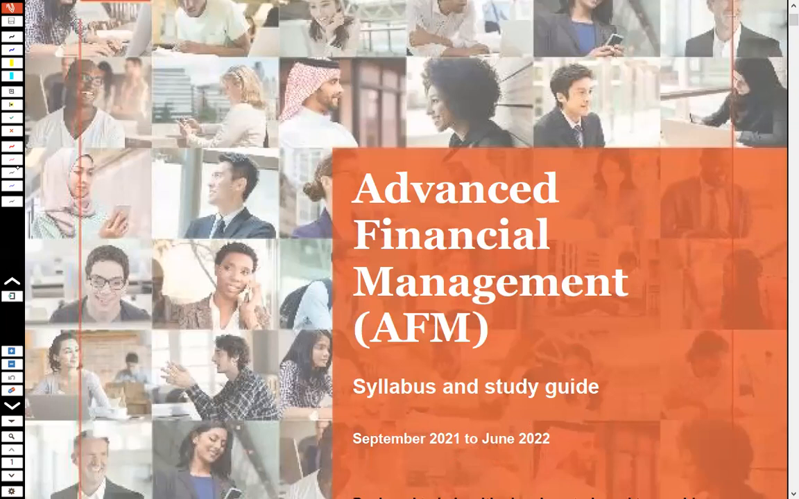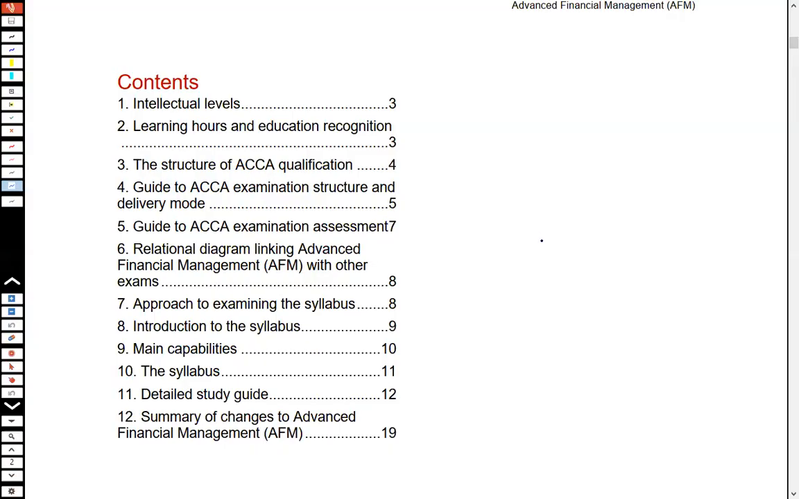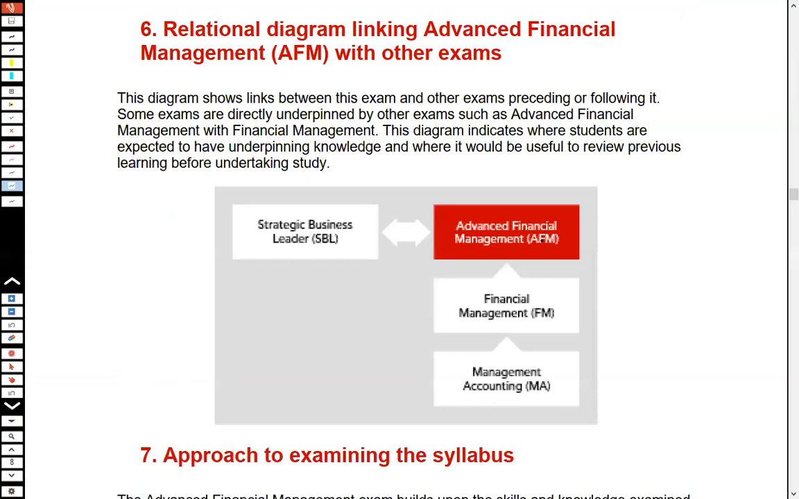first of all, the very important thing which I think is the relational diagram which is linking the AFM with the other papers. If you could just see this relational diagram of the AFM, you would realize this is management accounting. Then there is this financial management. And then there is this strategic business leader. All of them are connected to the AFM. Now see, this management accounting is also termed as F2. This financial management is also termed as F9, and the SBL, which was previously P1 and P3. These are the papers. Now,